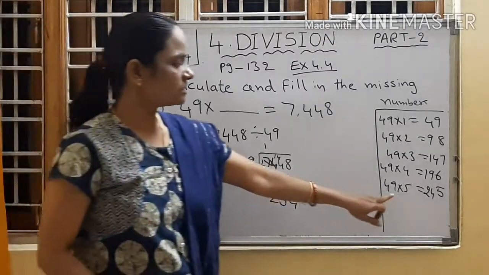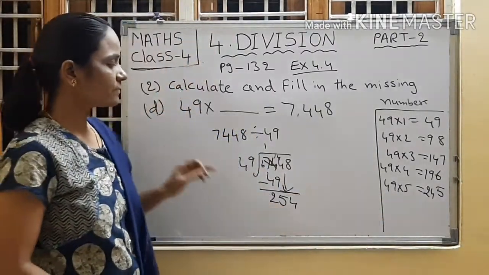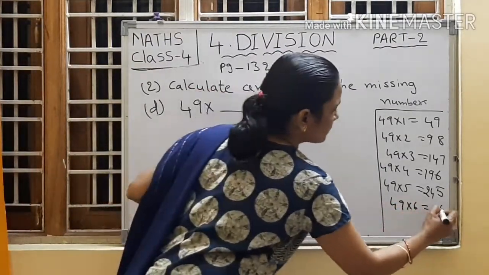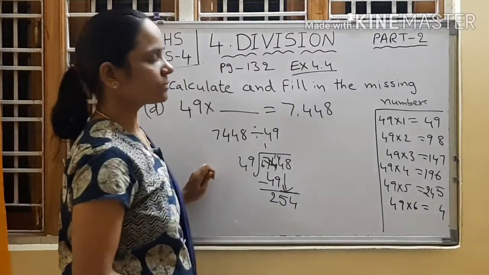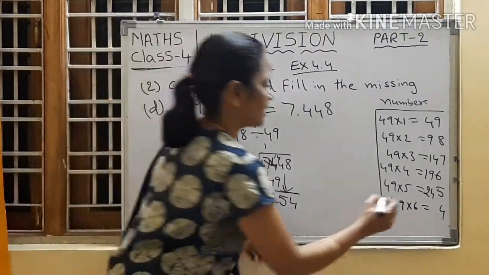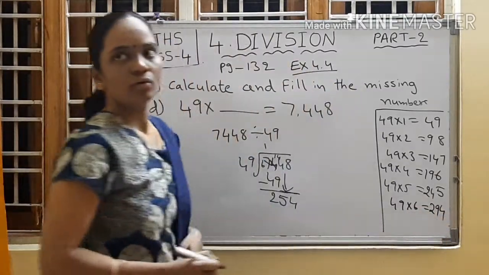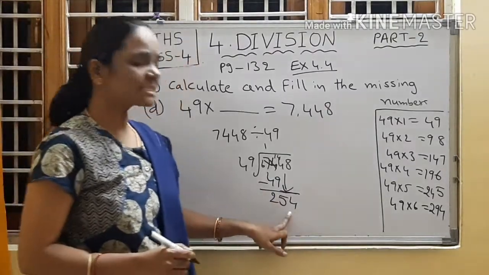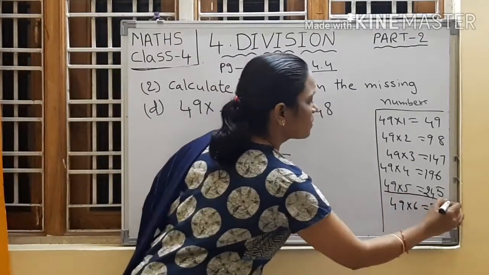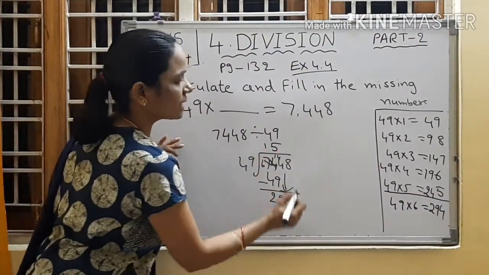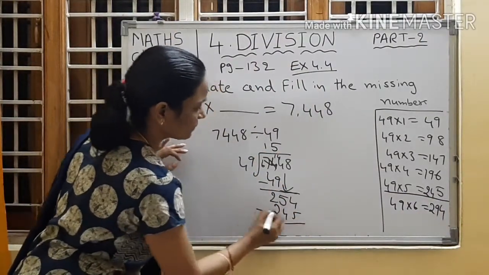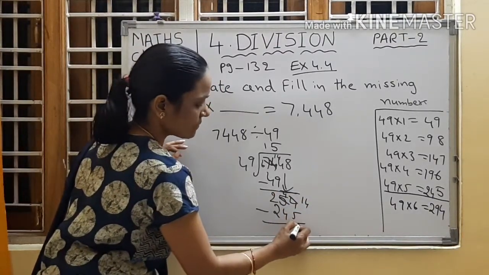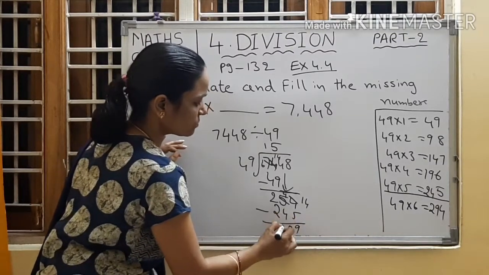254. Now write down the nearest smallest number to 254. Yes, 49 sixes are how much? Write down 6. 6 nines are 54, 6 fours are 24, 25, 26, 27, 28, 29, 294. Can I write that here? No. So what is the nearest and smallest number? Yes, 49 fives are 245. So up, write down 5, down, write down 245. 4 minus 5, 14. 5 becomes 4. 14 minus 5 is 9. 4 minus 4 is 0. 2 minus 2 is 0.